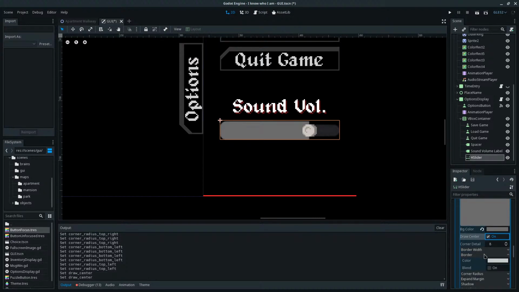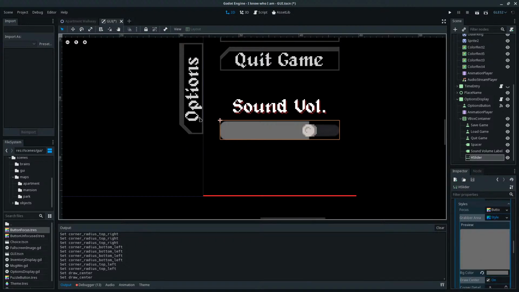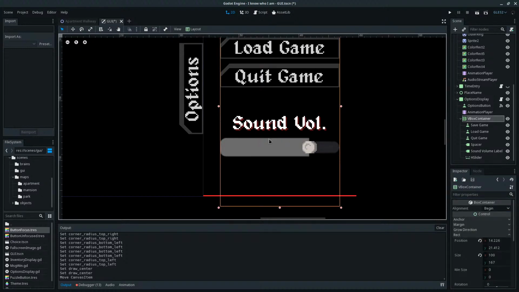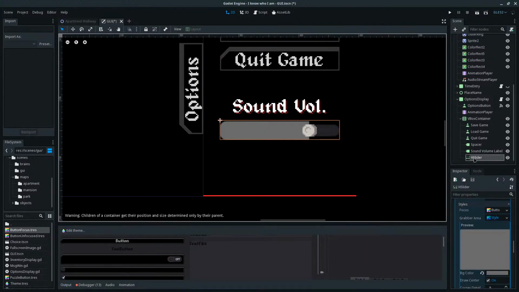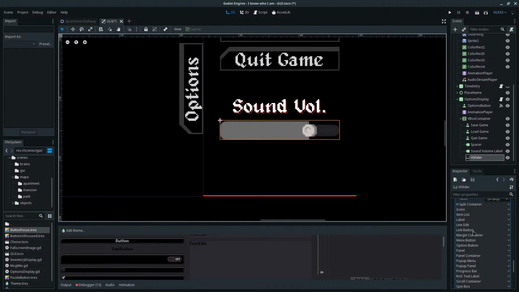Border width, border, corner radius, top left. What if I wanted it to be smaller? Whoa. Maybe I have to change the actual height of it? Like the rect?